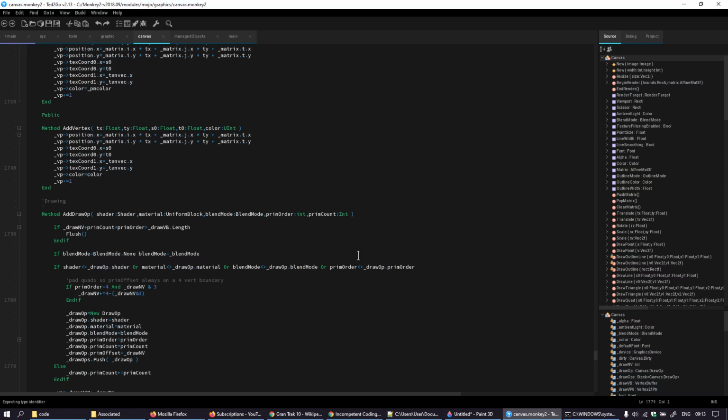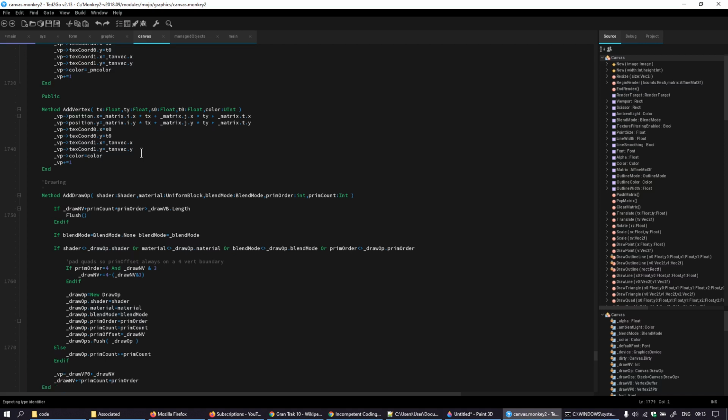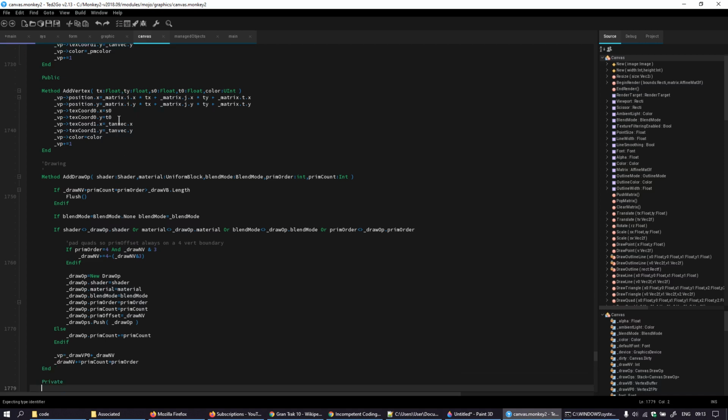Add draw op, yeah, add vertex and add draw op. These are my two newly public things. I hope that hasn't caused any other problems. I don't think it has. If it has,